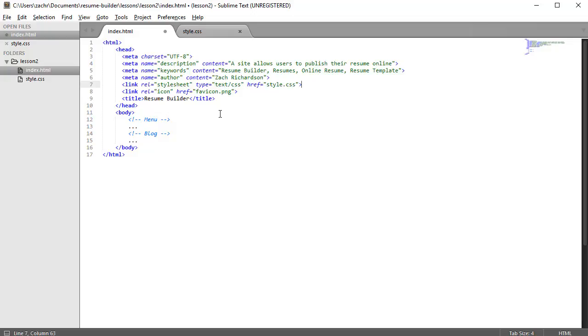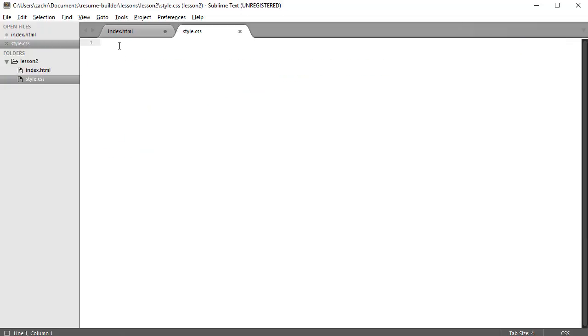The next thing that we want to look at is how we want to structure our style sheet. There are a number of ways that you can go about structuring it, but one common and simple way that I like to use is by structuring our rules in correspondence with the sections of elements of our HTML. In this case, we have two HTML sections. We have our menu and we have our blog. And I'm going to go ahead and copy this menu comment denoting this menu section,